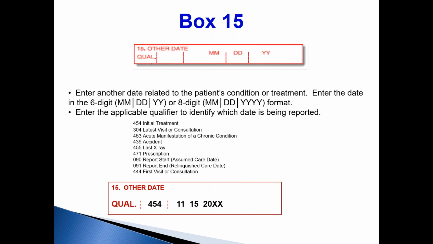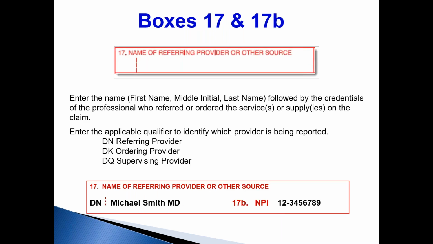In 15, you typically don't need to complete box 15, but if you're having a problem, you probably need to use the 454 qualifier. Box 17, if you're getting denied because they need the referring doctor. We get calls like this: Dr. Kotler, we got denied, we called the insurance company, they said they need the name of the referring provider in 17 and the referring provider's NPI number in 17B, but this patient was a referral from